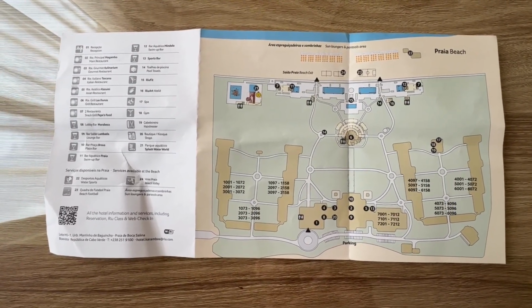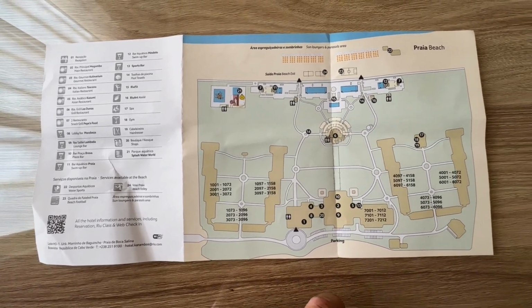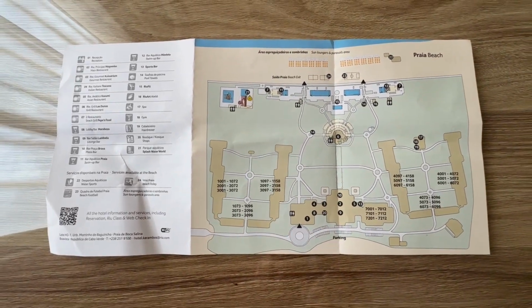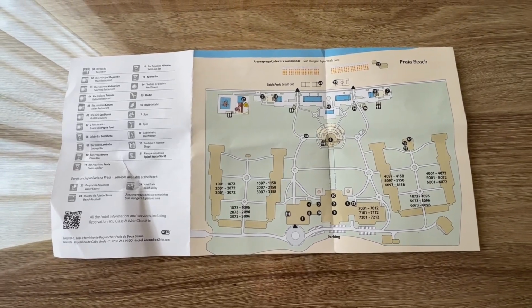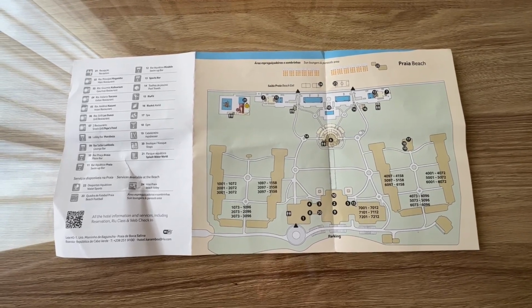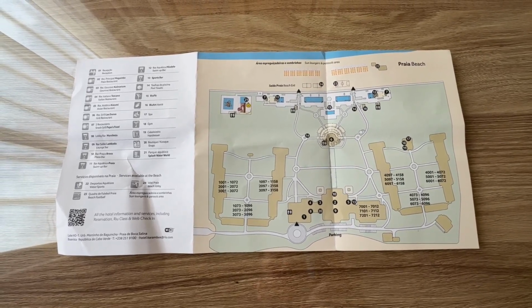So here's a copy of the resort map, just to give you an idea of the layout of the resort. You arrive and come in the reception, which is just here. That's the main building that we took you through. And as you can see, you've got the resort rooms as 2 blocks on the left and 2 blocks on the right. And then the main building, you've got the reception, the shop,